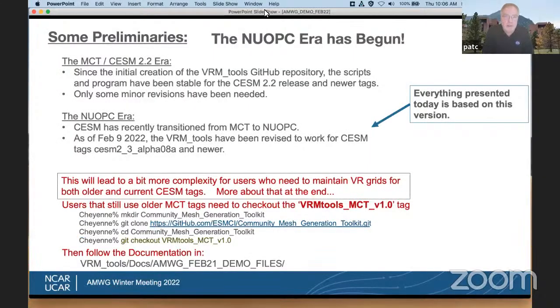So some preliminaries first. The first thing is that the age of NUOPC has begun. Up until, well, when we first created these tools and got it all set up, we were in the MCT era, which is basically based off of the CESM 2.2 release. All the tags at that release level and neighboring release tags have been very stable. So the scripts and the programs have been stable for those, and for all the tags associated in that era. But as of the newest tag, CESM 2.3 alpha 08a,